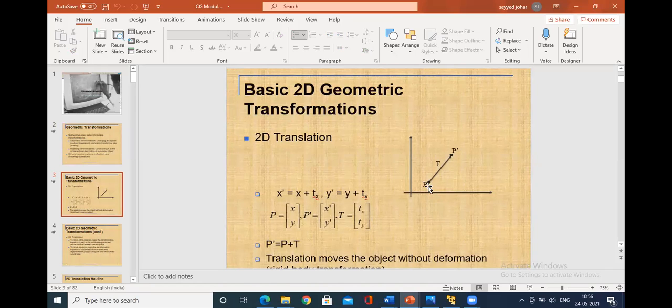Imagine this is the initial point P. After some duration of time, it has moved to a position here. What is the value of P?